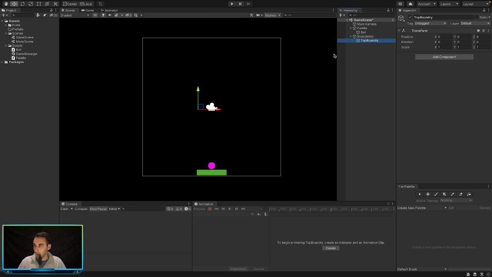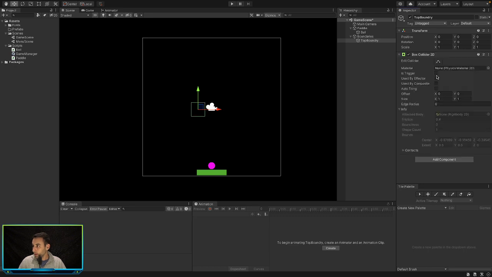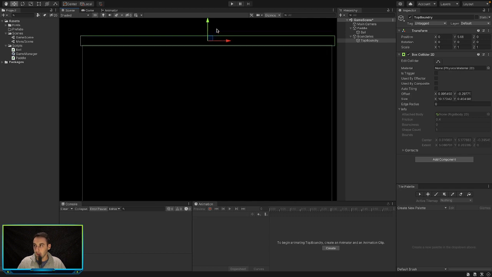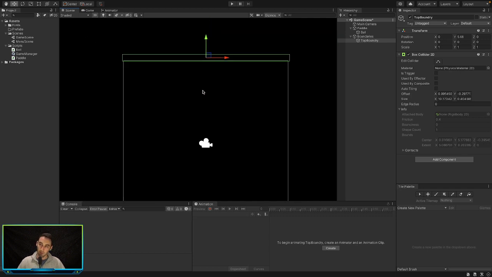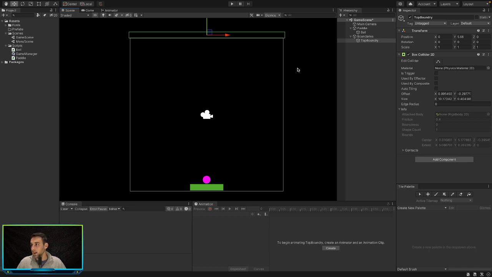Okay, so we'll leave that like that, and then we will add in a collider, a 2D box collider, and we will stretch this out to the length of our screen. We can make it a bit shorter because we don't really need it to be that tall. Then we'll move this to the top of the screen, just like that. We'll make it so that it overlaps the screen a little bit, just so that the ball doesn't disappear out of the scene. Then we want to copy and paste that, and then let's go